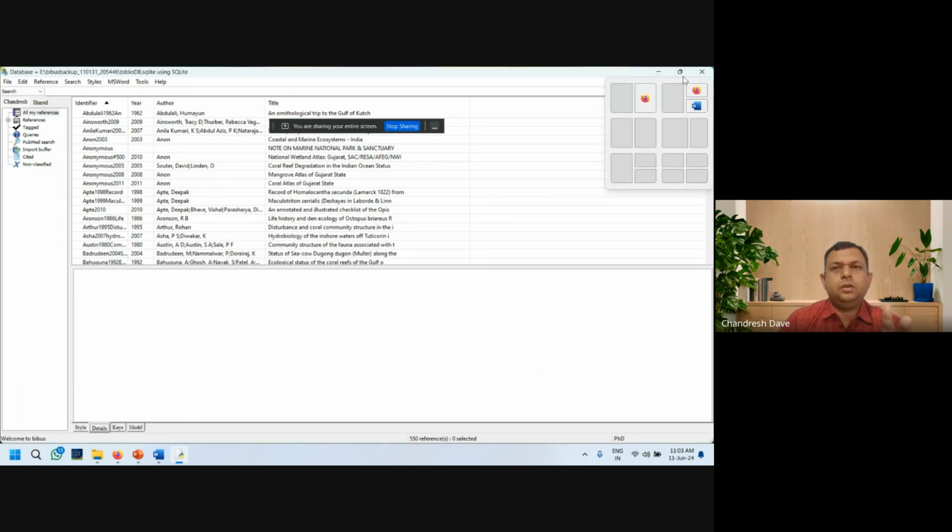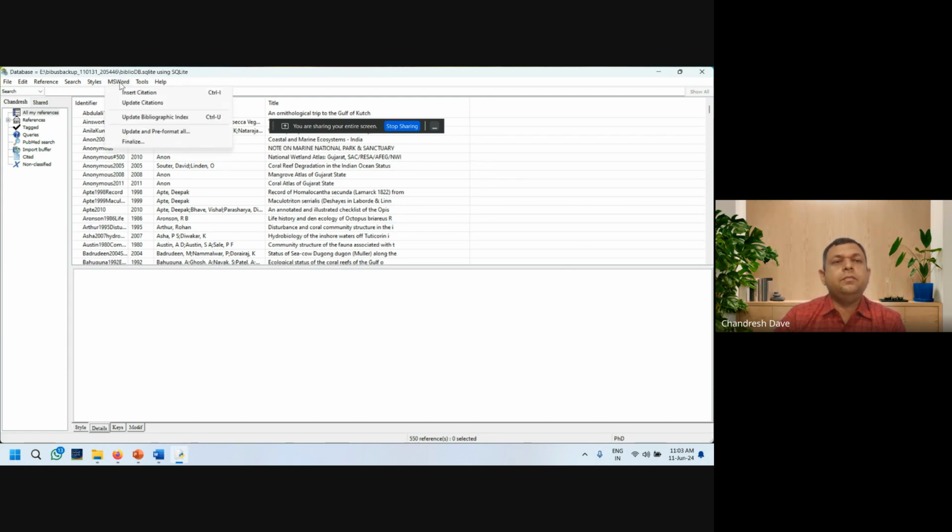It is a very small utility software, with just a 10 MB setup. It is older compared to Mendeley, because Mendeley came into the picture recently. The benefit of this software is that it supports more than one word processor, like OpenOffice, Word, LaTeX. These are different word processing softwares which are compatible with Bibus.